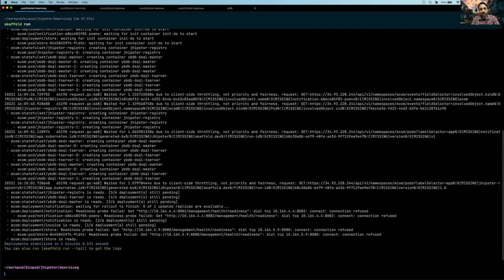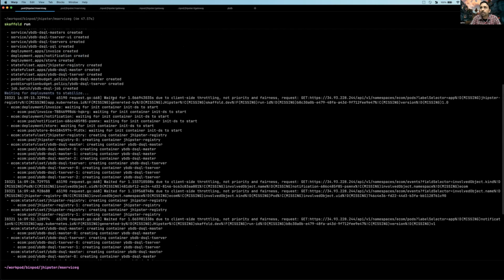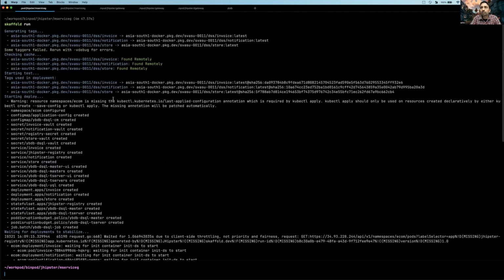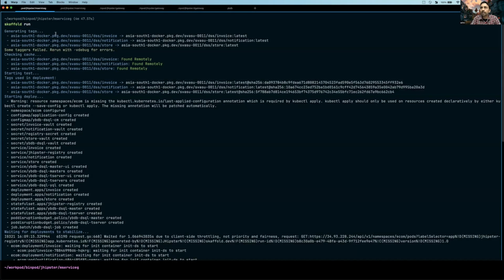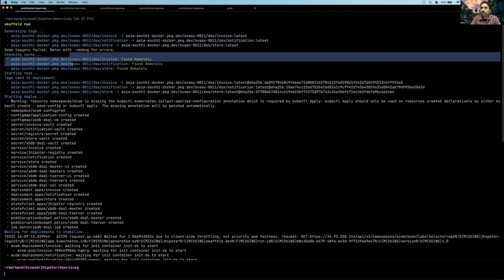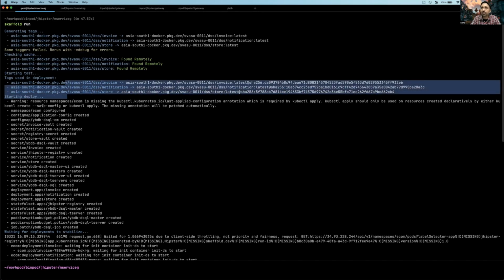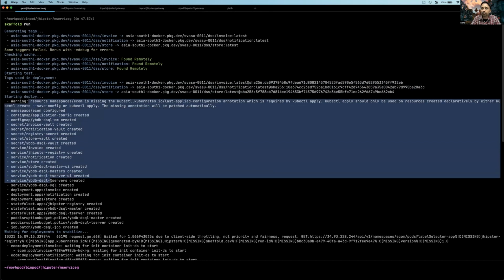Again, I've already generated the bits, and then I've deployed the entire microservice, the e-commerce sample service already. So if you look at the workflow here, it is no different from the previous workflow. Again, we have to do scaffold run. So in this case, it has to build three different services: invoice, notification, and store. Again, it has built all those three different services. The Uber jar is created, and after that, it has created container images for all three services. It has been pushed to the private registry, and then based on the runtime manifest, it has deployed all three